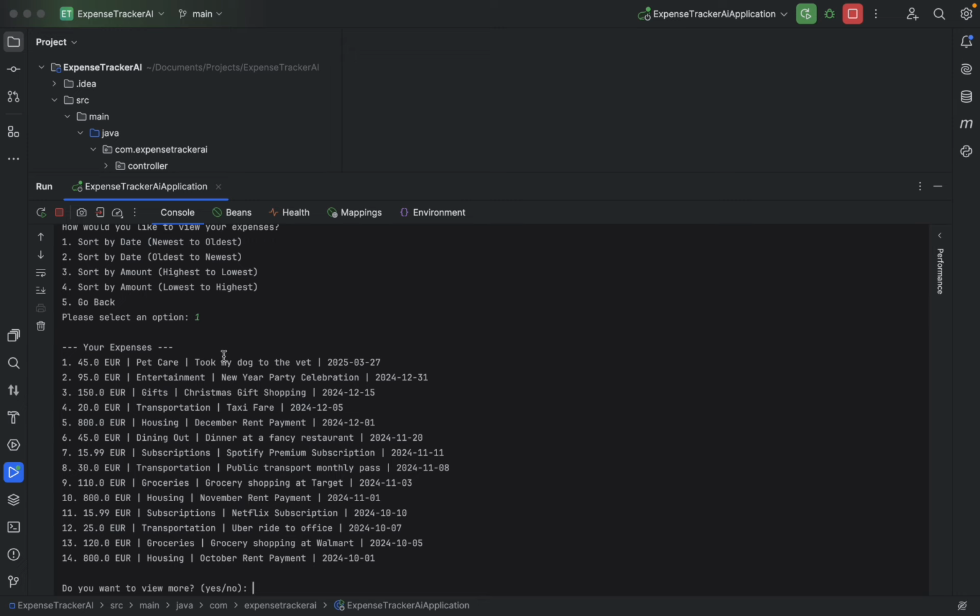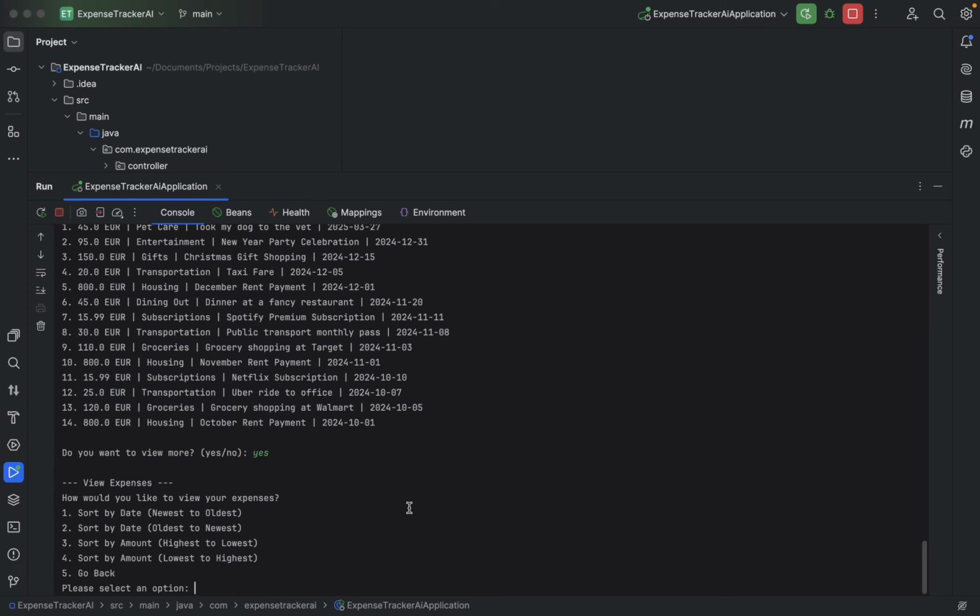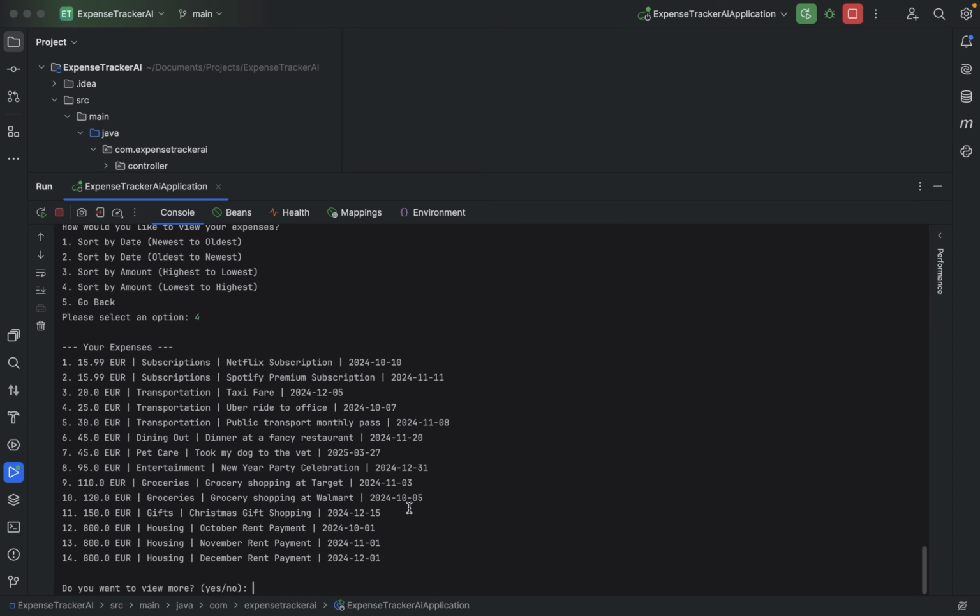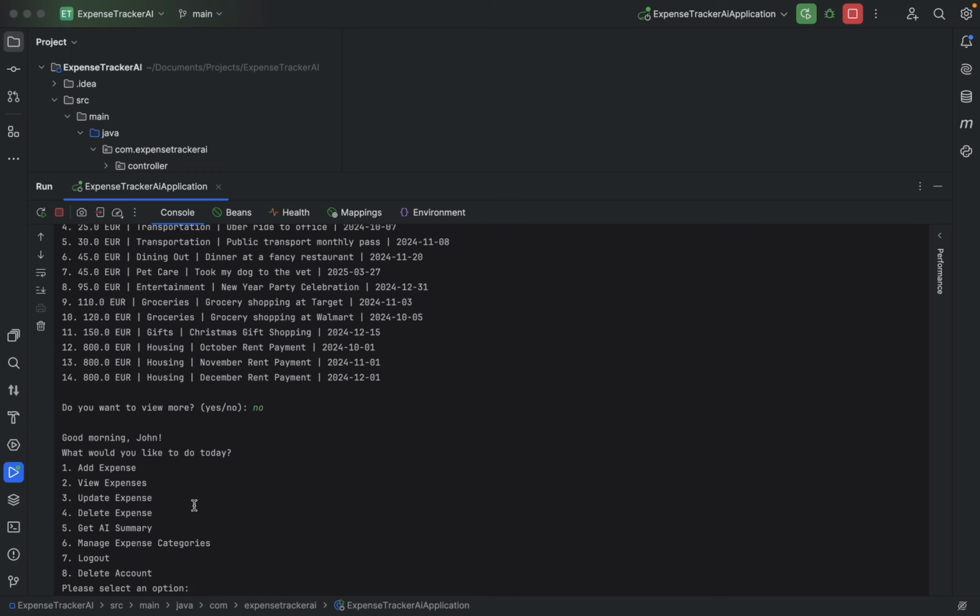Then, do I want to view more? Let's just say yes for now, and then you can sort by amount. You select the fourth one, and you notice we sort lowest to highest, so this is lowest to the highest. So no, we don't want to sort anymore. And then yeah, you can also update your expense, you can delete your expense, and you can get an